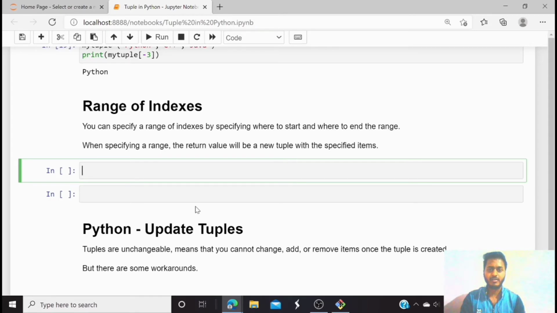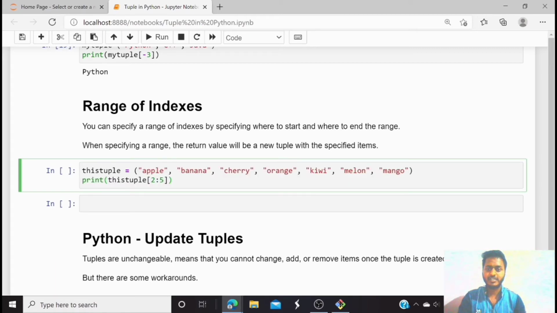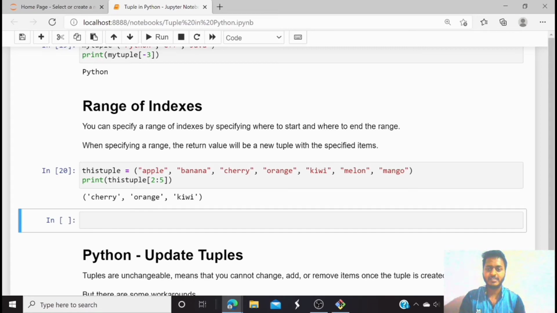But if I want multiple elements from the tuple, then how can I do that? I have to just specify the range of the values. Here I am specifying 2 to 5. So let's see what it has printed. Here you can see that it printed cherry, orange and kiwi. Cherry is at the second position, orange is at the third and kiwi is at the fourth.